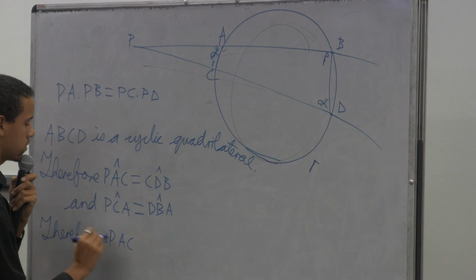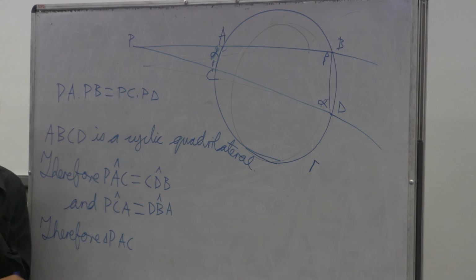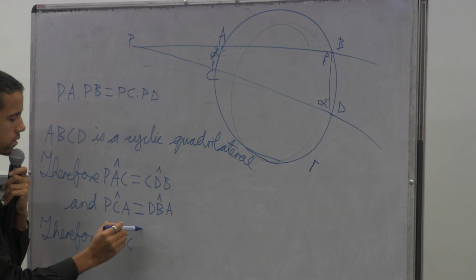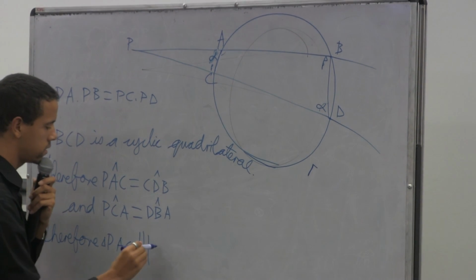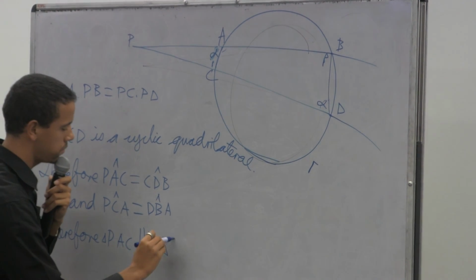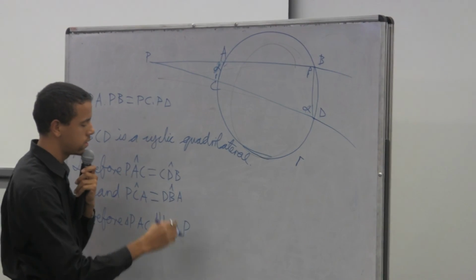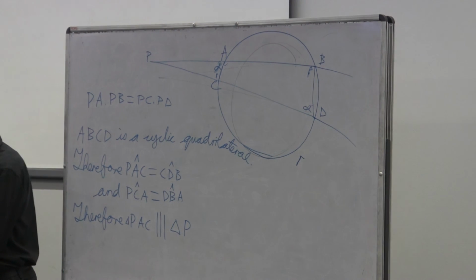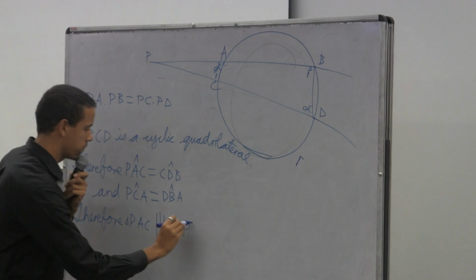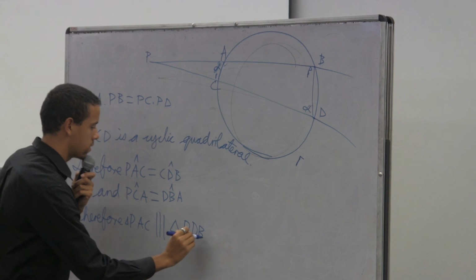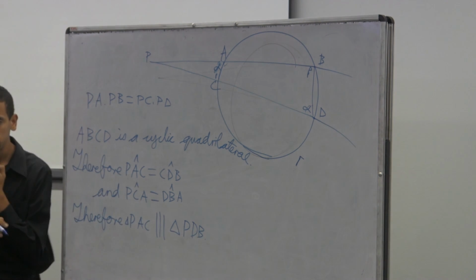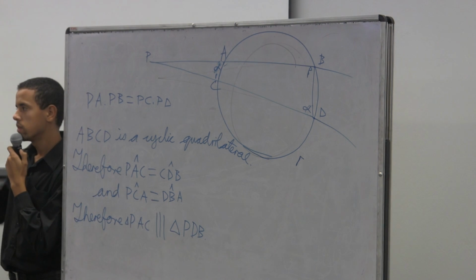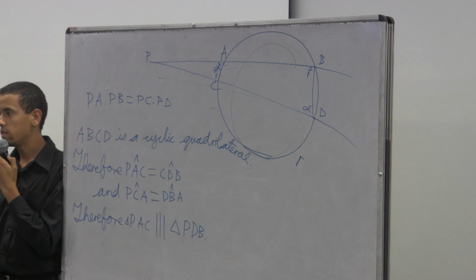PAC, the triangle PAC is what's the symbol for similar? That one. Triangle P. What's the other one? GB. Okay, so when we said that these triangles are similar, would you say that there's a little bit of a